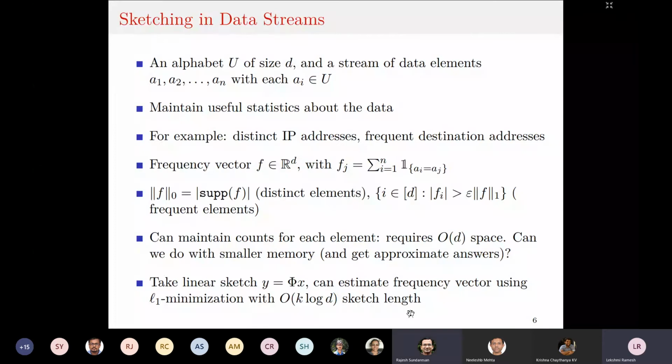Okay, so the result is basically that you can estimate it to within some epsilon error. The true frequency vector has k heavy entries and d minus k very small entries. Your algorithm will output a sparse f hat with k entries and all the other entries 0, and that error can be bounded to a small value provided you have a sketch size that scales like this. I haven't included the dependence on epsilon here. Is there a log 1 over epsilon or something like that which would come into the picture? Yes, it would be some factor like that.